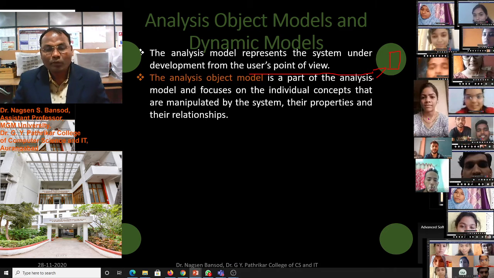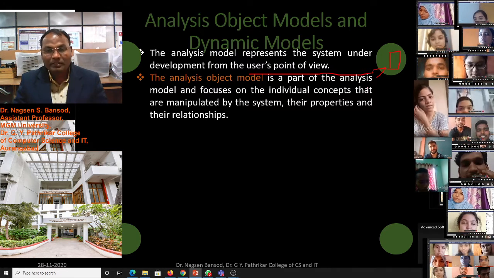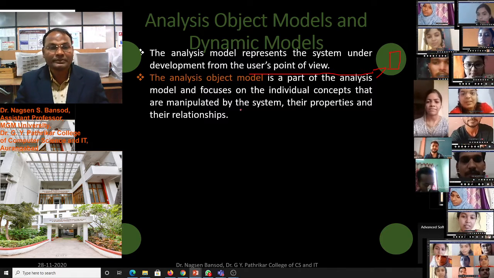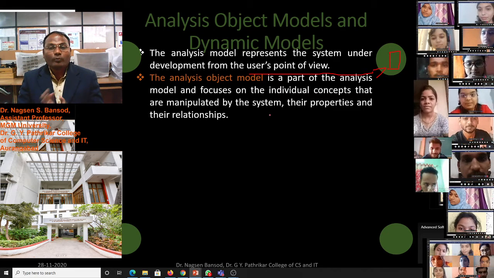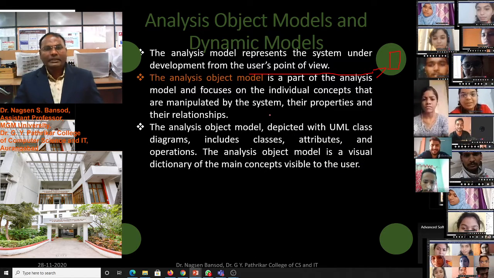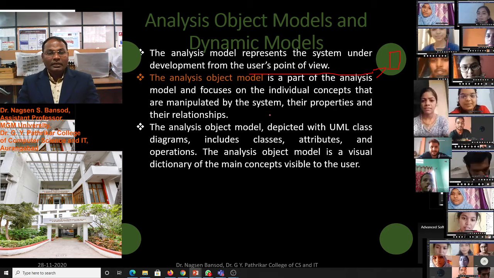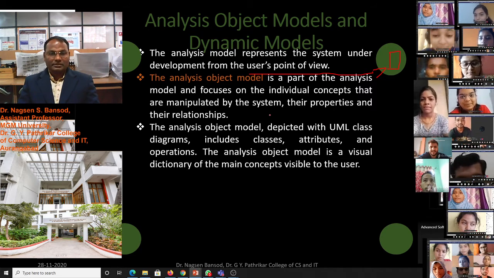The analysis object model is a part of the analysis model and focuses on individual concepts that are manipulated by the system, their properties and their relationships. The analysis object model, depicted with UML class diagrams, includes classes, attributes and operations.